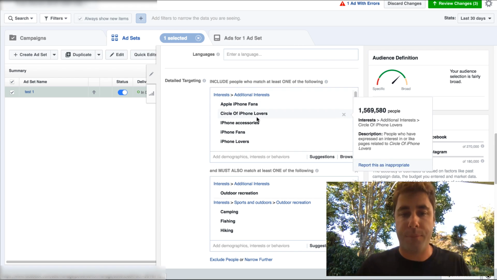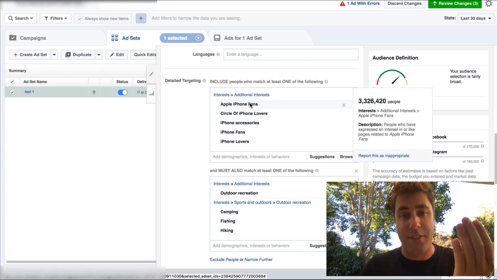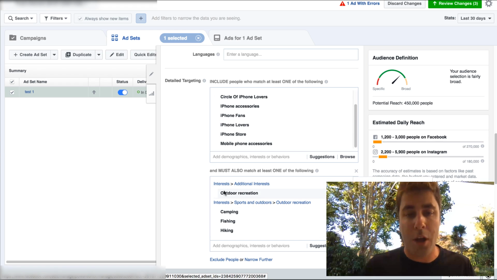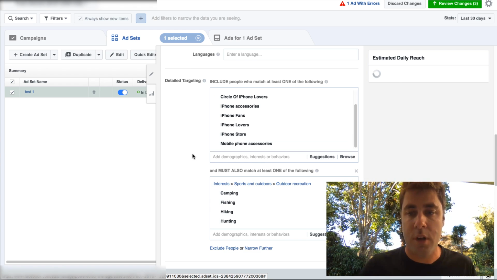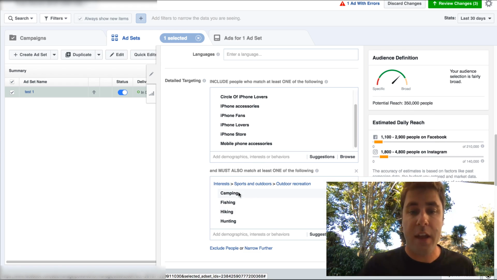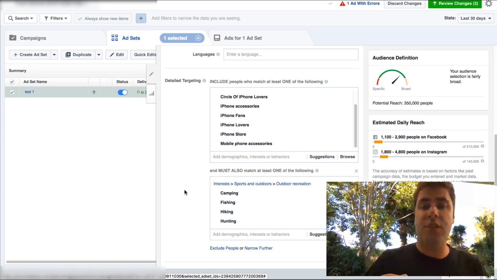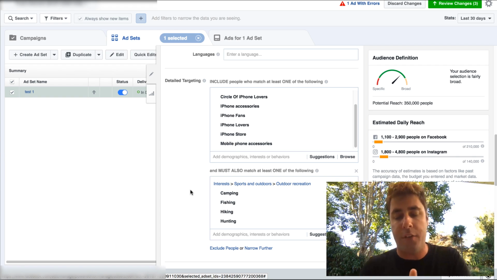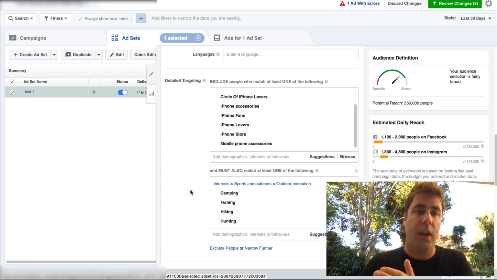So you can see here, I'll say it again, I have the iPhone fans, and iPhone accessories, and then down below I have outdoor recreation, camping, fishing, hiking. I could get rid of outdoor recreation. We might be a little bit smaller, 350, but I'm hitting camping, fishing, hiking, and hunting people. Now this is somewhat broad because I am hitting these broad audiences, but that's really all you have to work with, unless, like I said, you're getting specific phone cases like wine phone cases, dog phone cases,